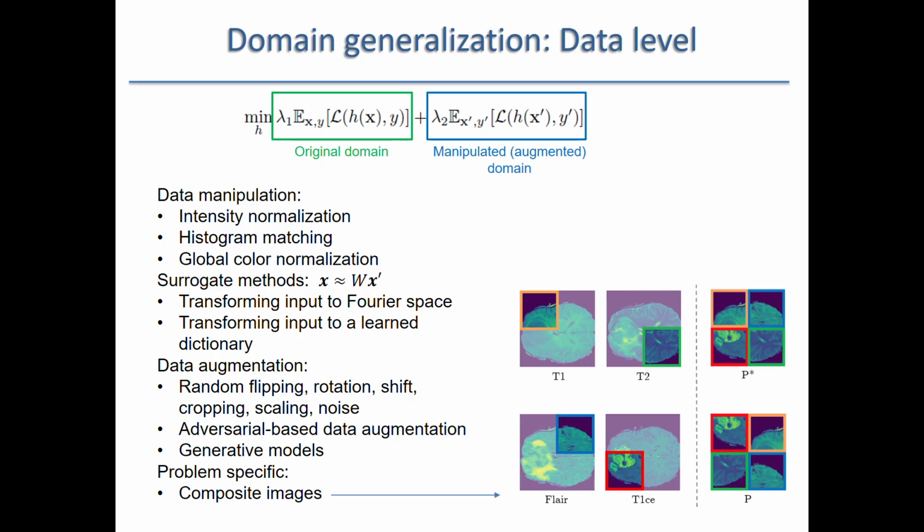We can do that in some surrogate space, like a Fourier space or a learned dictionary. We can also apply data augmentation: random flipping, rotation, shifts, scaling, noise, intensity scales. We can do adversarial based data augmentation. We have seen the adversarial networks, so